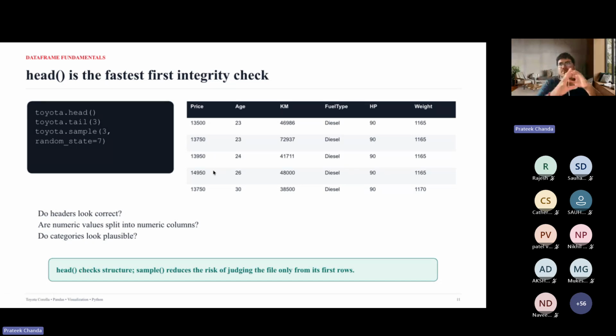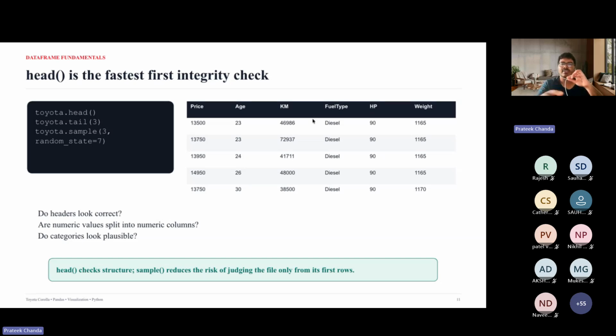So the first thing to do, once you create this data frame, is to just type dot head. What you should do is look at whether the headers are actually correct, based on the data set, and whether you are reading the data frame correctly. There might be some headers that are missing in the data frame.